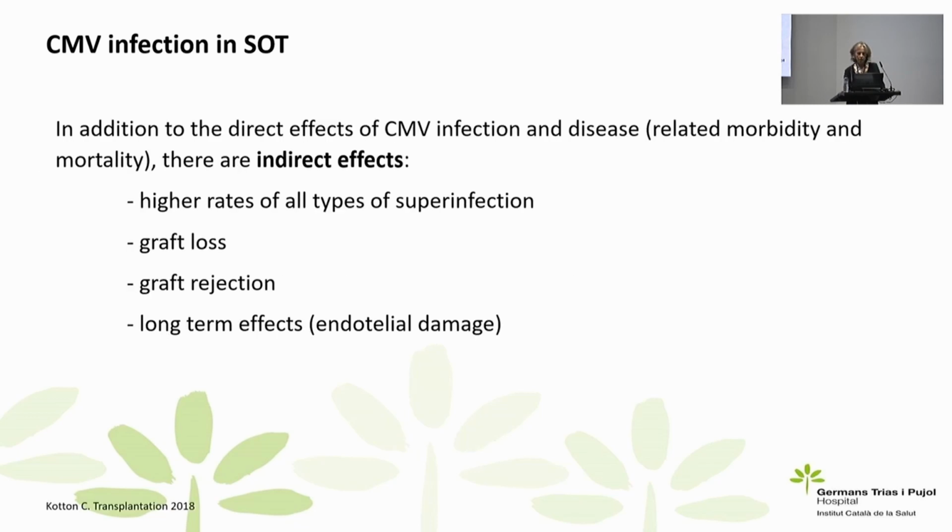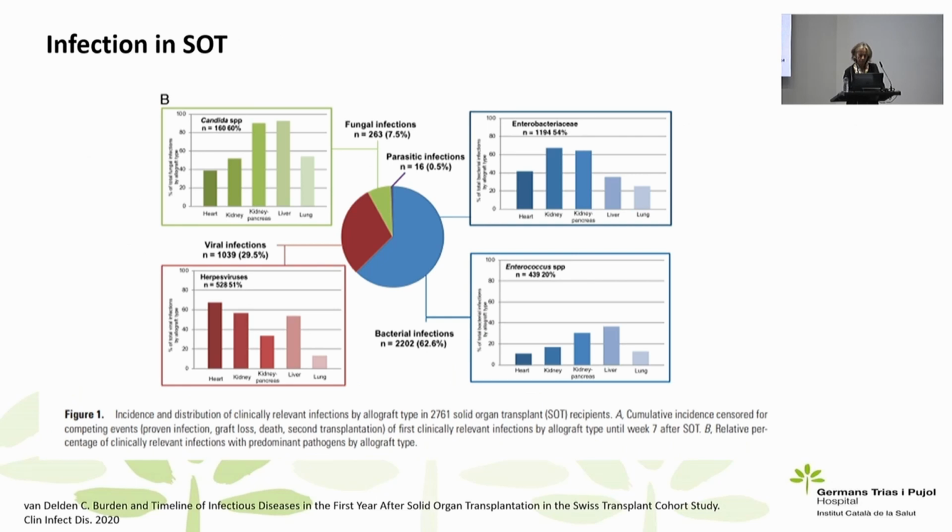In addition to the direct effects of the CMV infection, we also have indirect effects like higher rates of superinfection, but also effects on the graft that sometimes mean graft loss or graft rejection, and long-term effects like cardiovascular disease. This is a study published in 2020 from a Swiss cohort of more than 2,500